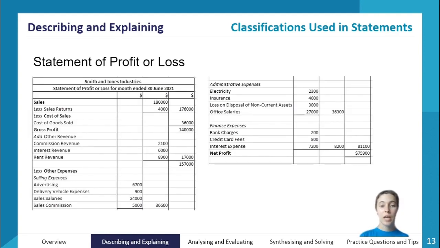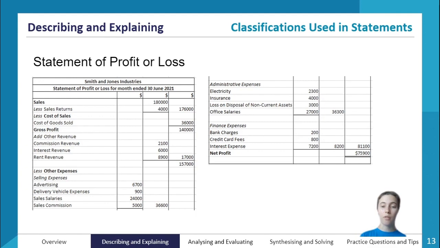So if we see this in practice, we can have a look at this statement of profit or loss and what it looks like. For example, in the expenses section, you've got selling expenses to start with. We've got advertising, delivery vehicle, sales commission, and sales salaries. We've got administrative expenses with electricity, insurance, office salaries, and then finance expenses, we've got some bank charges, interest expense,